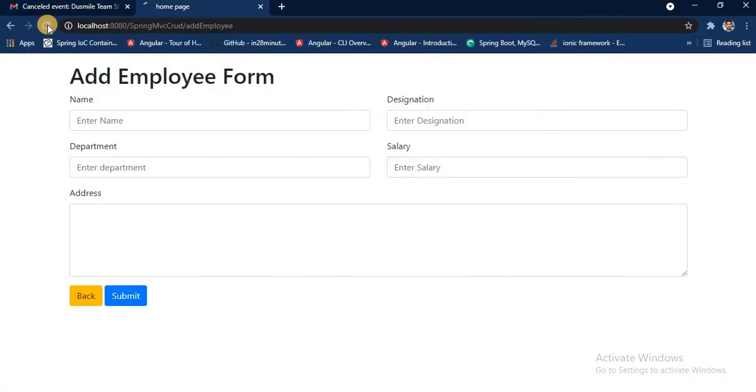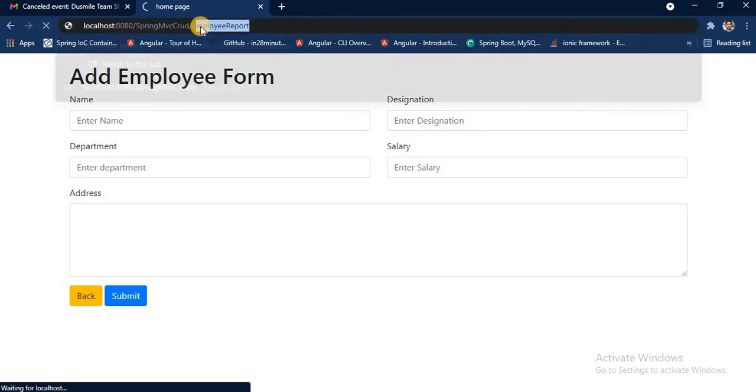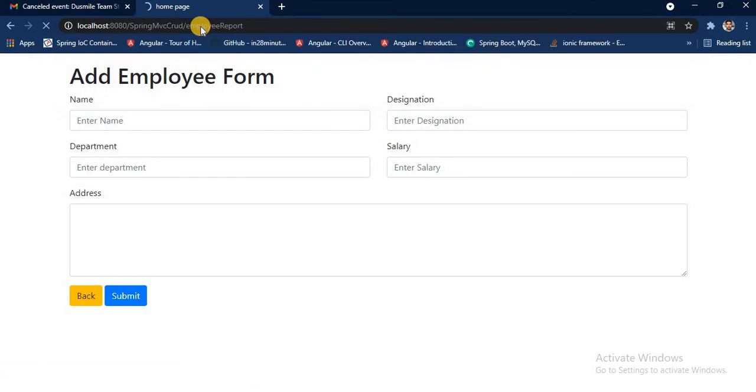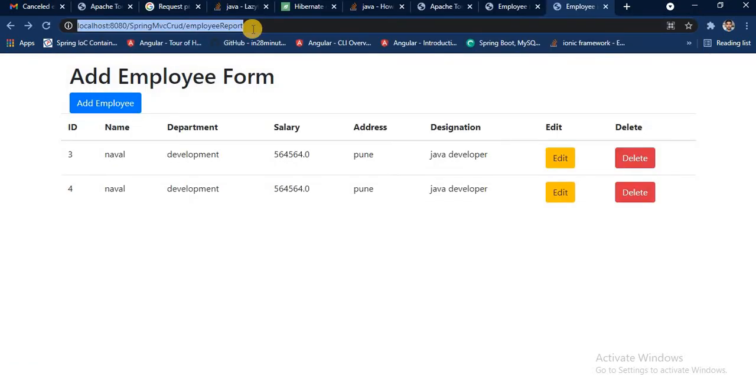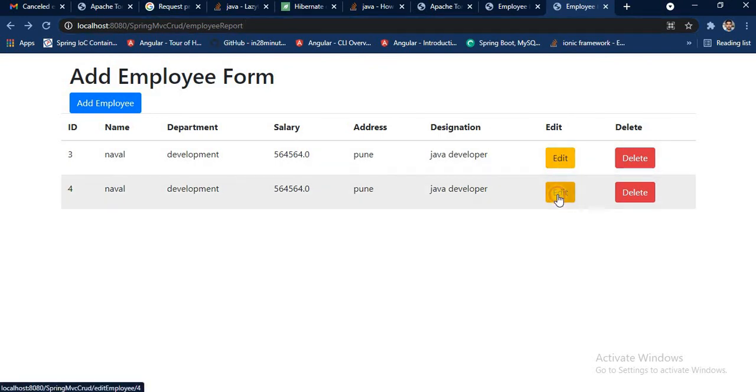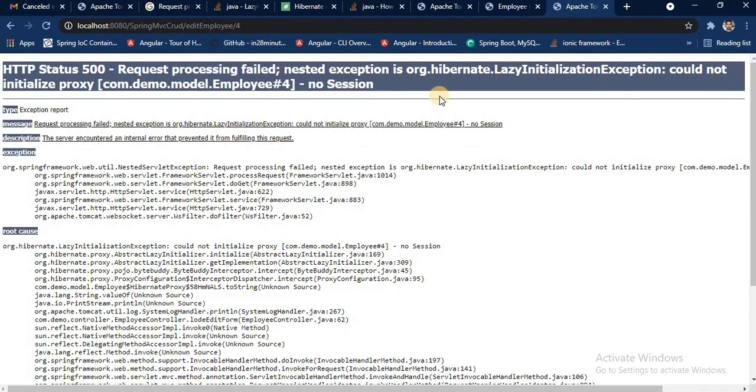Let's refresh the all employee report. Now let's check the edit employee. So I'll click edit, and now we are getting this error: org.hibernate LazyInitializationException.